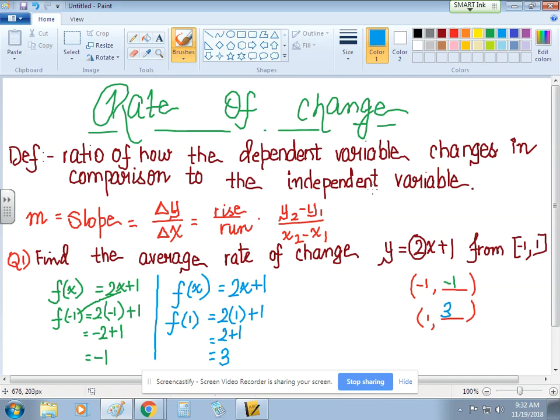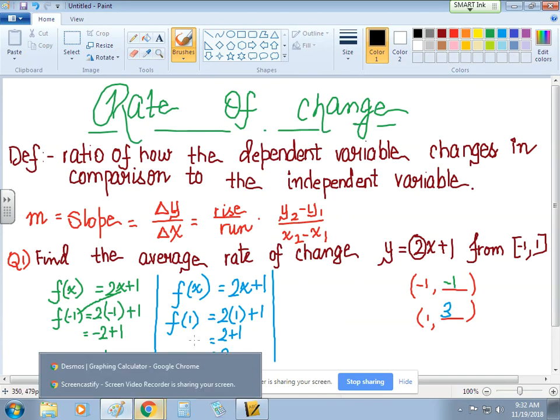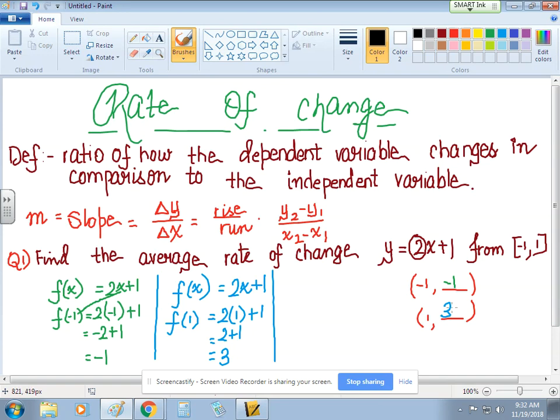All right, we got both of our points, students. We now have to calculate the average rate of change. Remember, whenever your graph is a straight line like we saw on Desmos, it's always going to be the same slope no matter what points you take. So our slope is going to be m equals y minus y. I subtract the y's. That'll be 3 minus negative 1